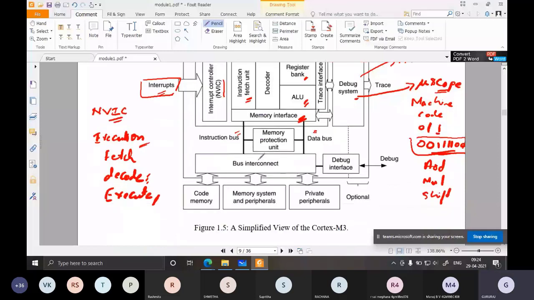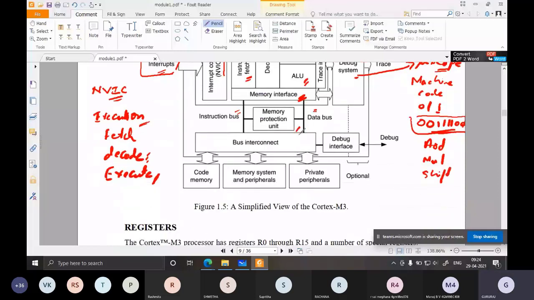Next comes the memory protection unit. As I told, it is an optional unit. It can be present for some applications, or it may not be present for some applications, depending on the application. If there are multiple users of a system, the memory protection unit may be used so that the files of the users are secured properly, so that the files of one user cannot be accessed by another user. But if the system is having only a single user, then this MPU may not be useful. Then you can remove it.